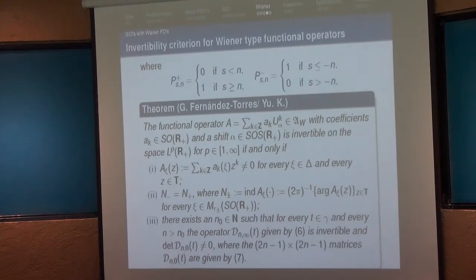the Cauchy index, so we take the increment of the argument when z runs through the positive line and normalize by this multiple, then these numbers do not depend on psi, they depend only on the points tau plus minus. For all the points, these values are independent of psi. Then there exists a number n0 such that for every t in the semi-segment tau alpha tau and every n bigger than n0, this operator, now I would like to show what these operators are, is invertible and the determinant of such a function